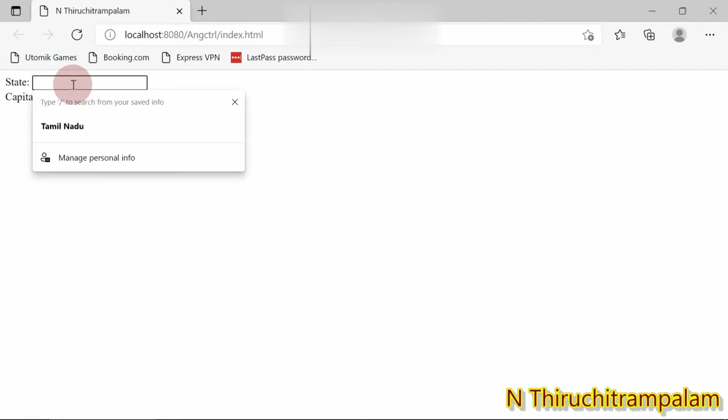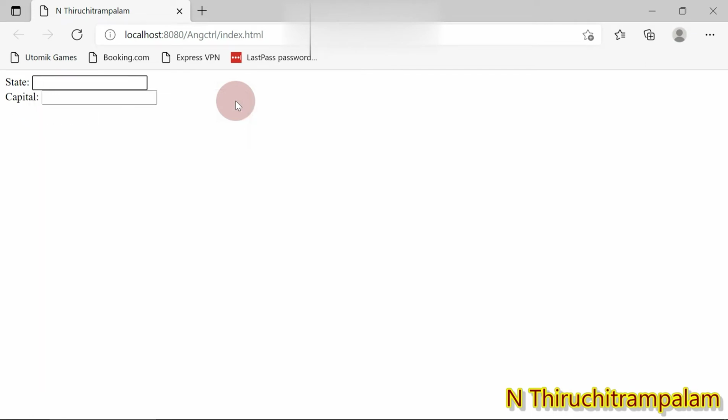Here I just type Tamil Nadu. Let me type some other name, let me type my name. You can see that whatever I key in gets printed on the web page.